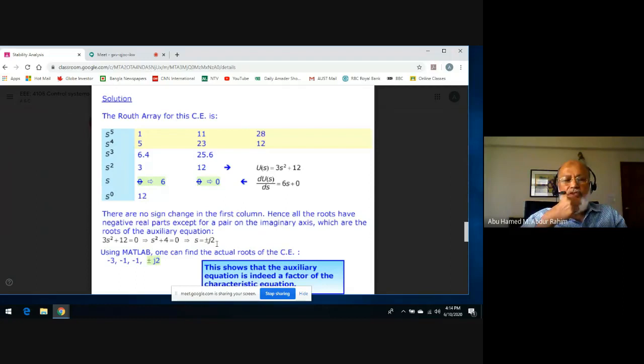All right, so with this what do you get? What is your inference now? I'll stop and then you give me an answer, if some of you can. We found that the system is stable, no roots in the right half S plane. Additionally, we found that there are two roots on the imaginary axis. One is plus j2 and another is minus j2, complex. If a root is complex, there will be a conjugate root. So what does it mean?